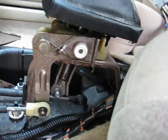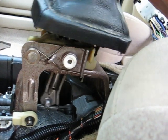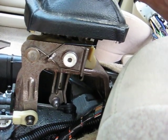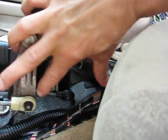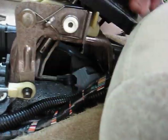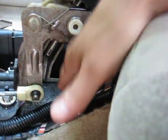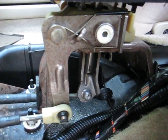Here's the shift linkage for a '96 Saturn SL2. It's broke here. There's a plastic piece that holds this round ball right here, and the shift linkage. Saturn wanted